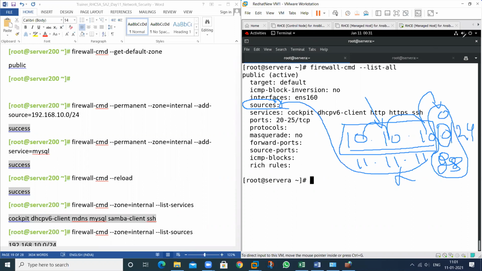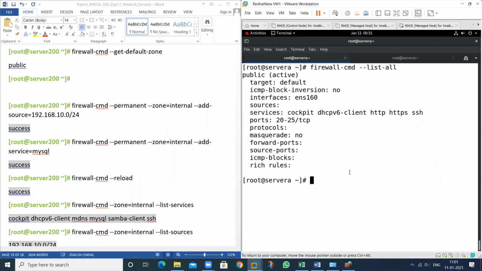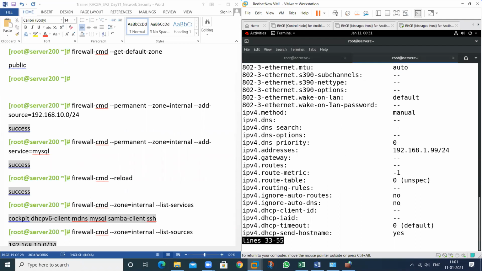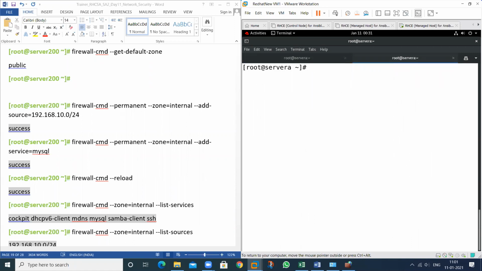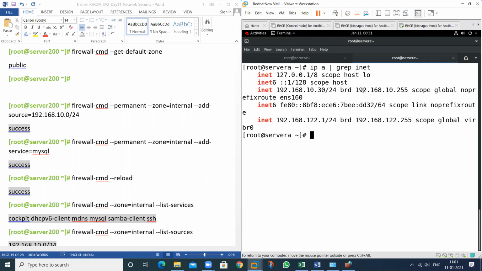So see how to add this. Just add source. And what is your source? What is the IP address range? This is my source.